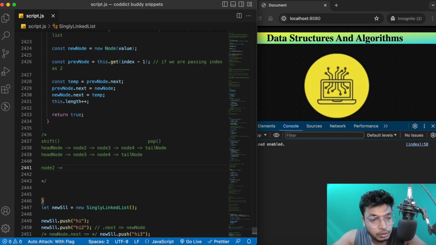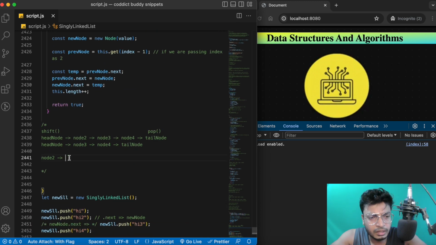Then this node's next, we can make it null, or we don't change anything, that doesn't matter, because we have simply detached it from the linked list. The head node is directly pointing to the third node, which has now become the second node of the linked list. So this is how we are going to implement the remove method in the linked list.